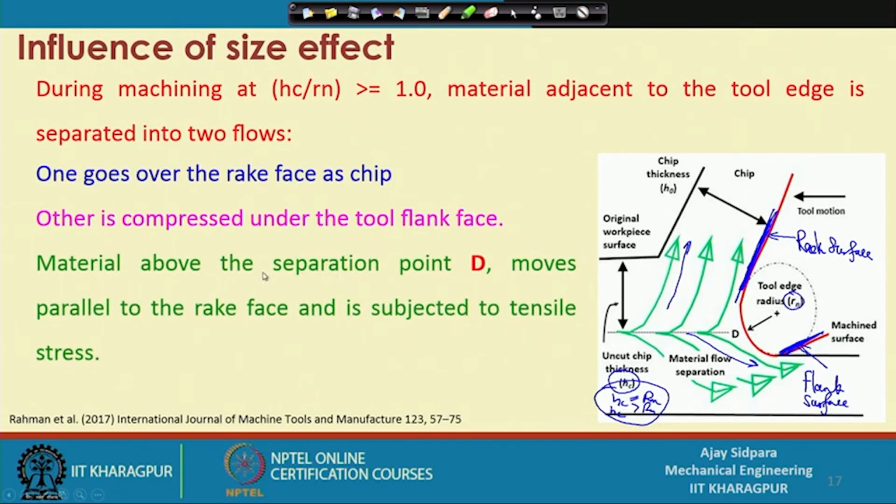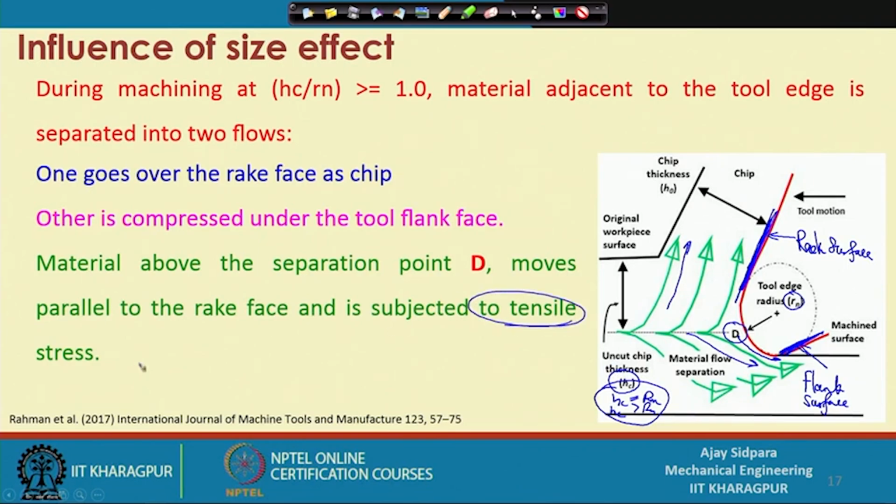So, this is the material above the separation point D. This is the point we discussed in the last class, that this D is moving from here downward, so that you get a different mechanism of material removal, or sometimes a material deformation mechanism, not actually a removal mechanism, because in many cases material was not removed in terms of chips. So, here the material above the separation point D moves parallel to the rake face and is subjected to tensile stress. So, whatever material is coming out will be in tensile stress,